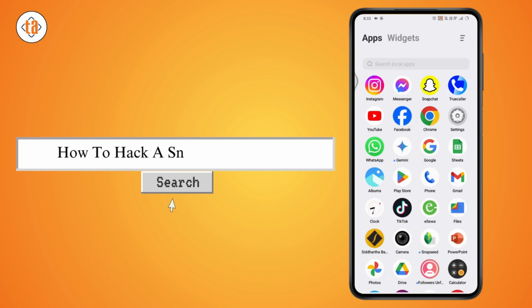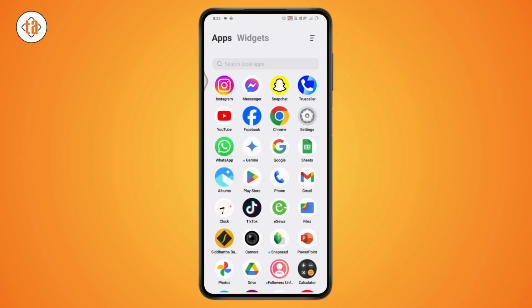How to hack a Snapchat account. So if you want to hack a Snapchat account, then I'll show you in this video. So this video is only for educational purposes. Don't misuse the video. So the very first thing that hackers do to hack the Snapchat account is known as